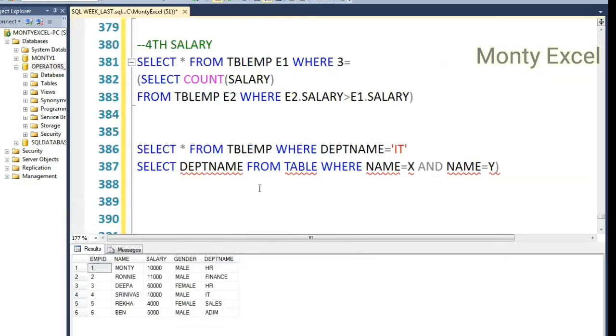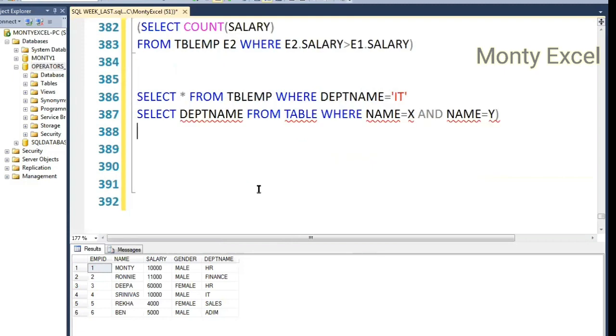So if I try to run this query, what happens is we are giving the name specification through which you are going to get the results. And we also have the department name which you already wrote. So I don't want to mention the department because I'm not sure. If you run this kind of query, specifying name equal to X and name equal to Y, probably you are going to get the result because you are very clear which names you are looking for. But as we are trying to use a subquery,